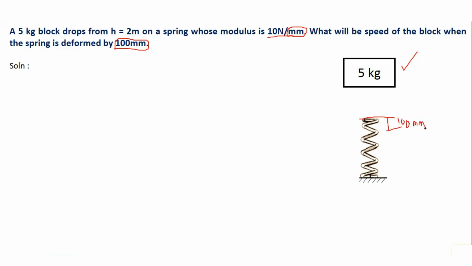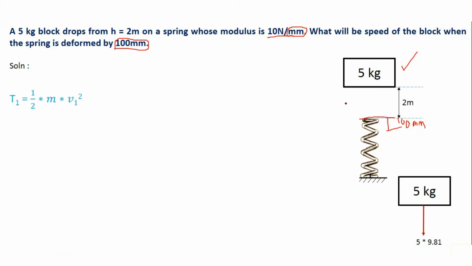First step is what? First step, you need to find out the normal reaction acting on the body. Here you can see that there will be no normal reaction acting on the body because it is not touching any surface. This block is in air. So there will be no support reaction N. The next step is to find the initial kinetic energy, for which I will write T1 is equal to half m v1 square. Now, as this block is released from rest from this point, v1 is equal to 0. So I will write v1 is equal to 0 and I will get T1 equal to 0.